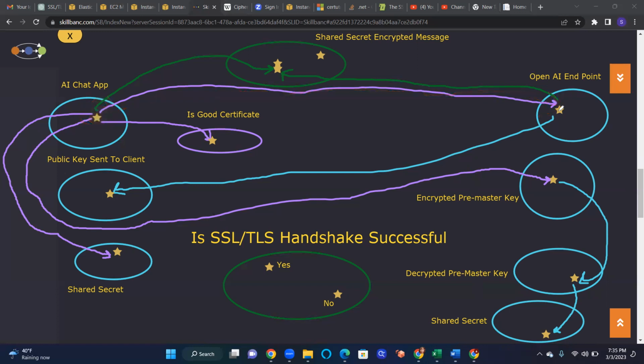The first thing it needs to do is make sure that this request is good and the communication channel is established. So the handshake process begins. Here the server will send a public key. Basically it sends the certificate containing the public key. The client, the server on which the client application is running, verifies that it is a good certificate. And if it is a good certificate, then it will